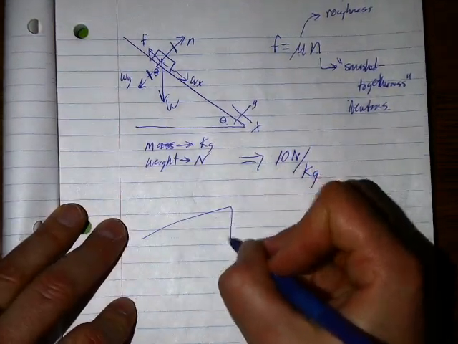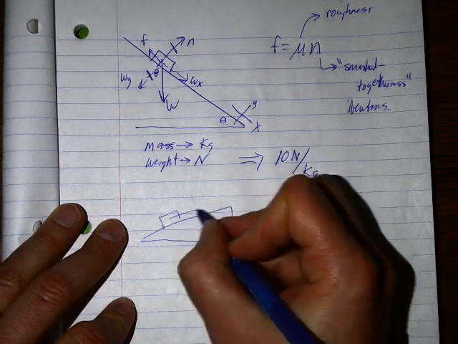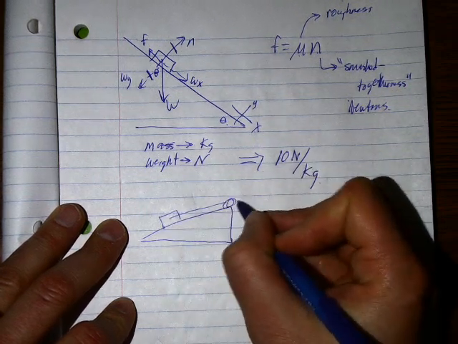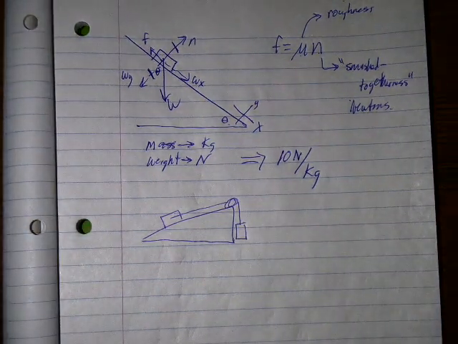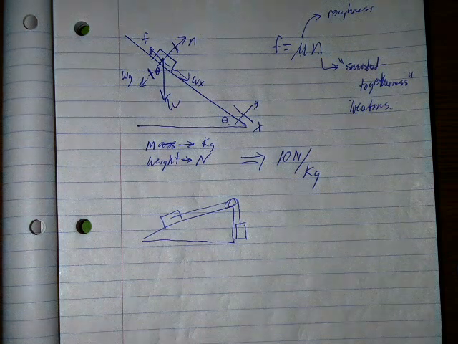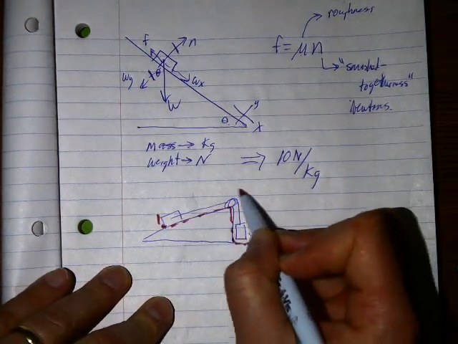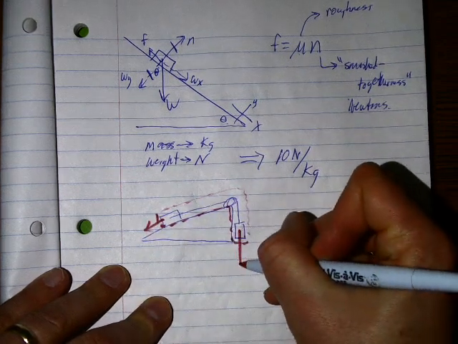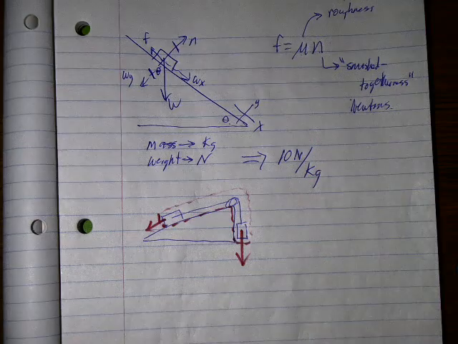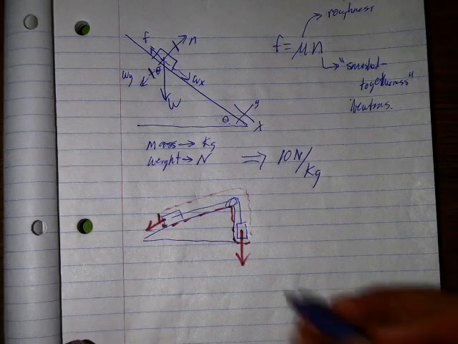We had Atwood's machine, which was sort of like the finale of this stuff, which is one block is pulled up a hill while another one is falling and doing the pulling. Remember, the trick, or at least the easiest way to solve those, is pretend they're one system. And those are just one big blob with friction acting against it, and this weight is what's trying to pull it down. And so then you could solve for the acceleration,